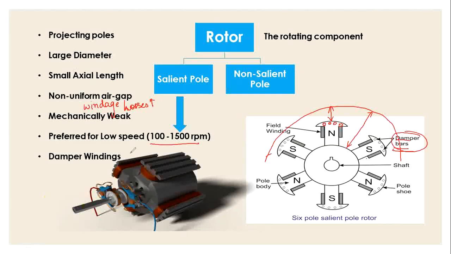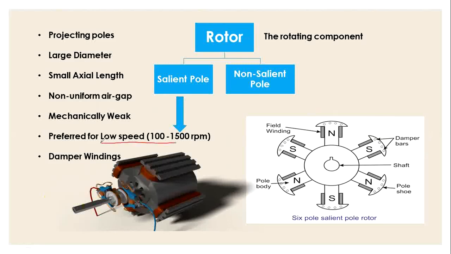And the material which is used is again the laminations of steel. Okay, the same material that we use to make the stator core is used for the rotor also. So these types of rotors are generally used, as I told, in low speed alternators. Those are generally hydro power plants.